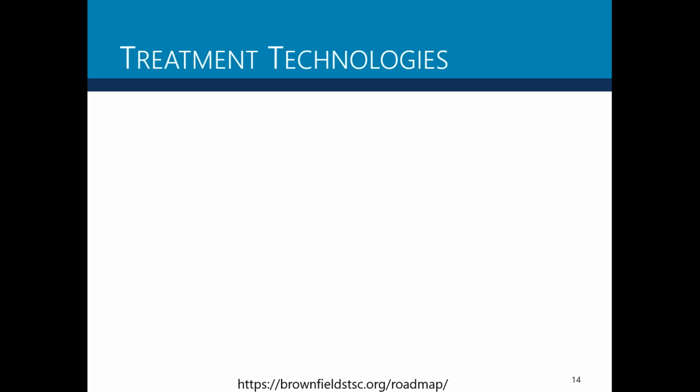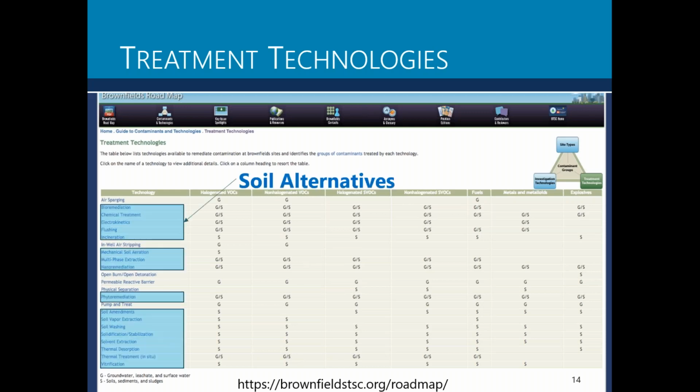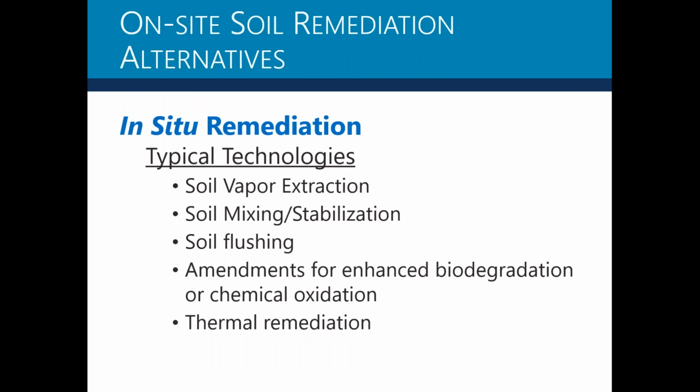So the EPA Brownfield Support Center has provided a list of quite a few alternatives for soil and groundwater remediation. Soil alternatives are listed here, and there's a number of those, and we'll go through some of these. That can be divided into in-situ and ex-situ technologies. So now we'll just briefly look at some of the in-situ technologies, their advantages, disadvantages, and then some of the ex-situ technologies. So in-situ, there's a number of them, and Arul's going to talk more in depth about these, but